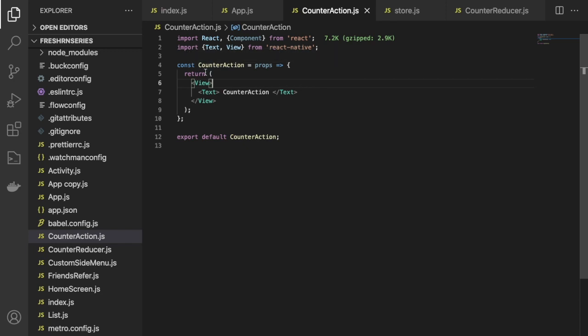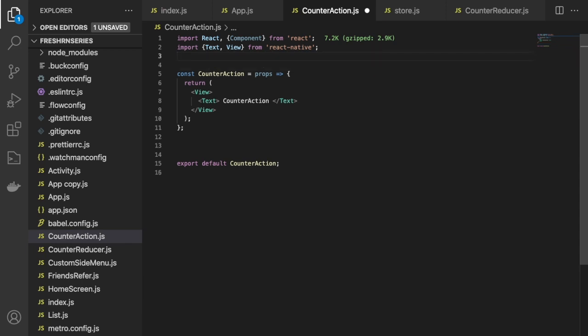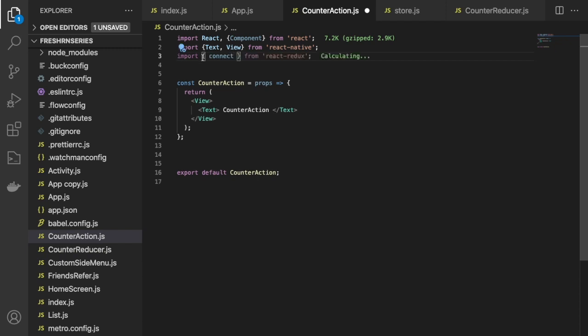Okay. So after this you have to just import in order to access the default initialized store and to update that initialized default state. So in order to update that initial state count value, you have to create the action, and then you have to dispatch that, right? Use connect here. Okay. And we have to use this connect as a HOC function in this component.